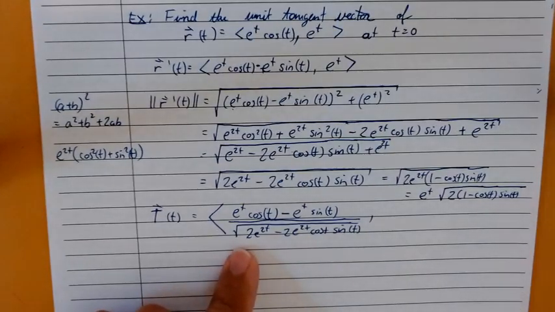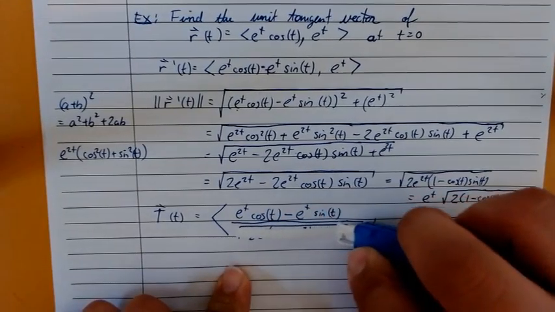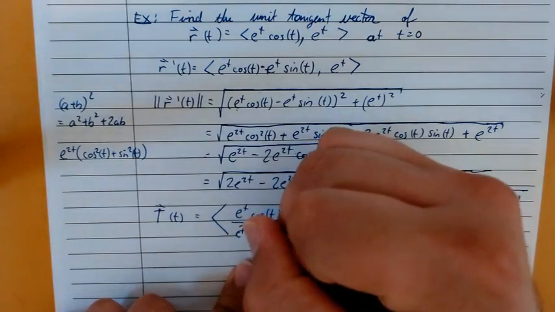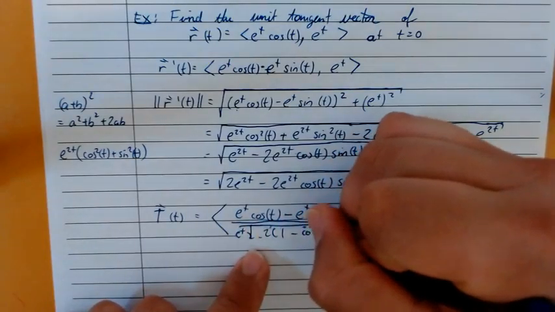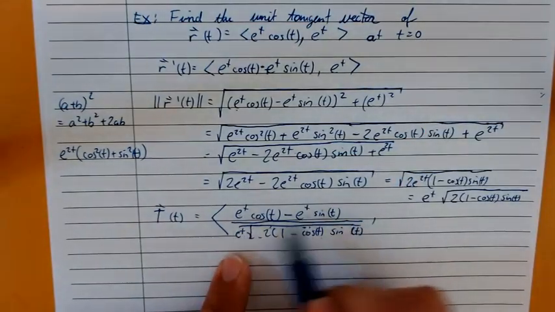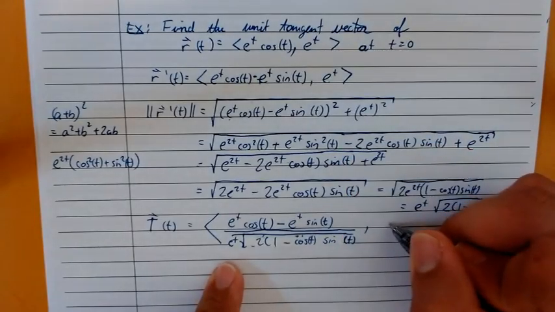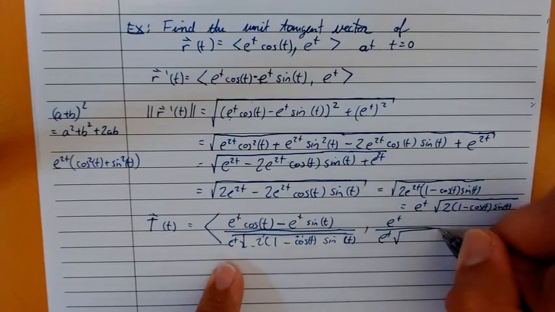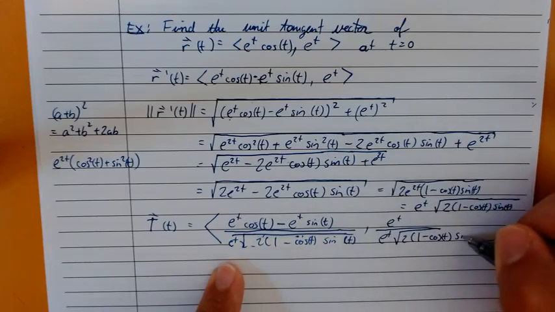So here, if I was going to divide by that one, I could just take the e to the t on the outside times the square root of 2 times 1 minus cosine of t times sine of t, which is nice because now this e to the t divides those e to the t's. And then over here I'd have e to the t divided by this thing again. They're going to have the same denominator, e to the t square root of 2 times 1 minus cosine of t sine of t,